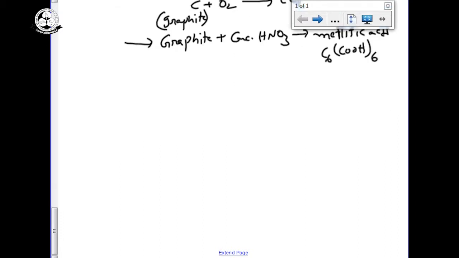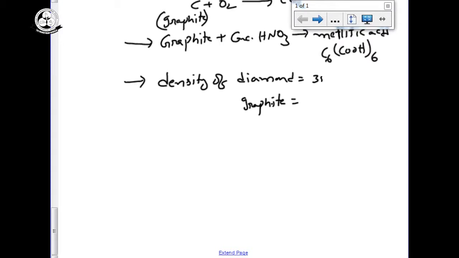See the comparison of the density of diamond and graphite. Which is generally denser? More bonds surround the carbon in diamond, so diamond is denser. Obviously diamond is the denser one. The density of diamond is 3510 kilogram per meter cube, and this one, graphite, is 2220 kg per meter cube.